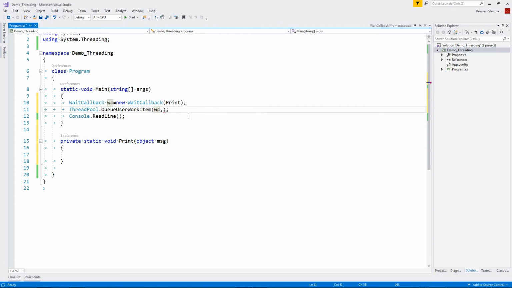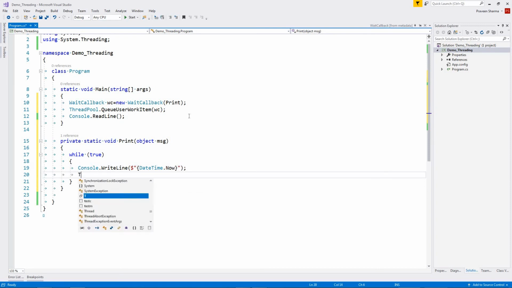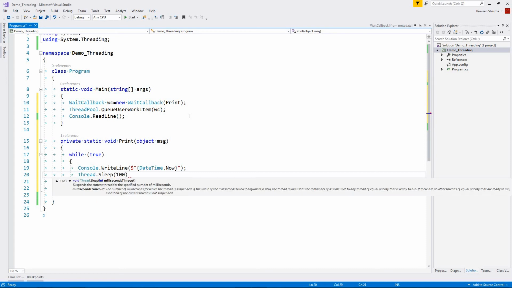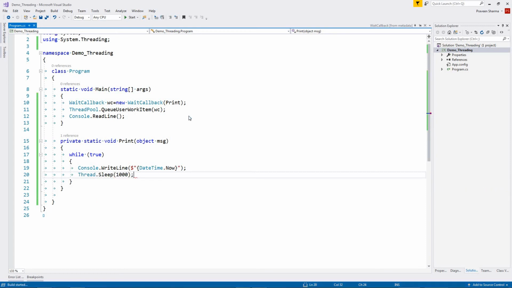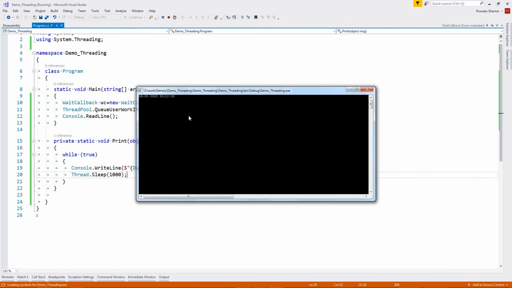Now we are not passing anything, we just want to see, so we can just print our DateTime.Now, and then we can Thread.Sleep, and let's see, and here we go.